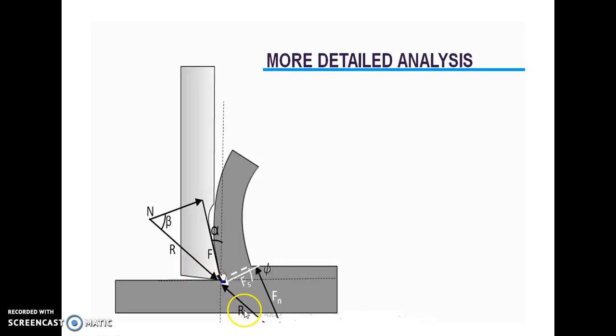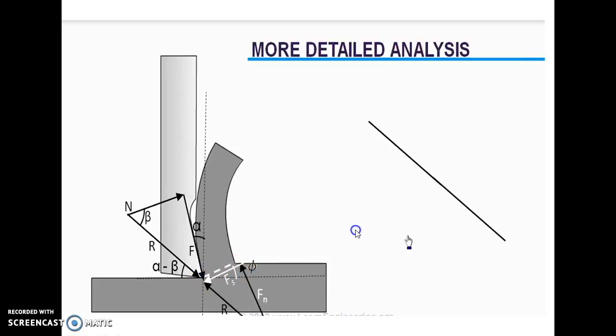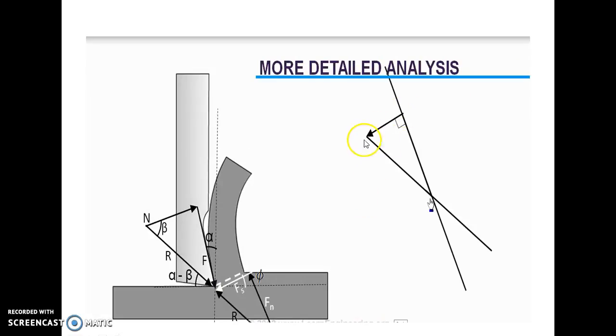Now if the system is in equilibrium, then the resultant force R is equal and opposite in direction as shown here. Now how do we find out the Fc? All these forces are set up here. For finding the Fc, we know the position of the resultant force, that is alpha minus beta. By using this angle, we draw one continuous line over here, and we know Fs, that is your shear force. Knowing the magnitude of the shear force, we can draw the shear force here. So this is the shear force. We draw a parallel line to the shear force having the magnitude of the shear force, and we draw one line perpendicular to the shear force, which touches or connects to this resultant force over here,